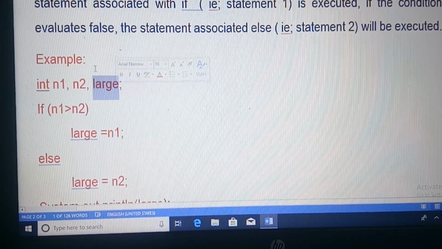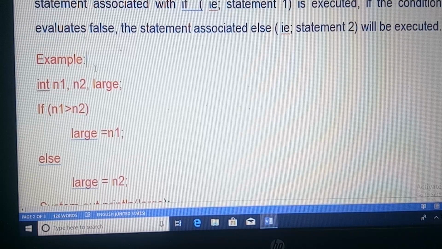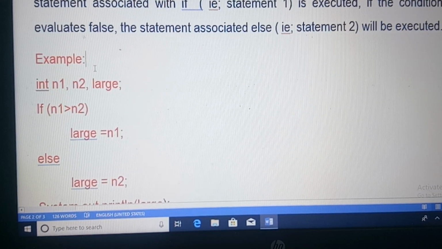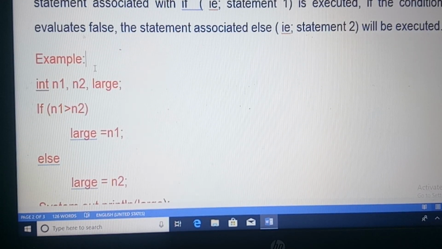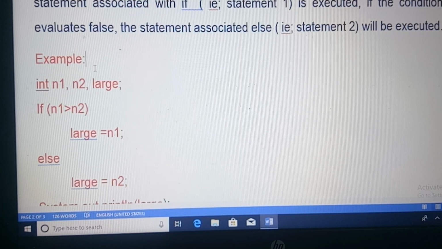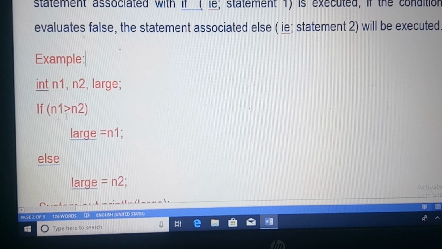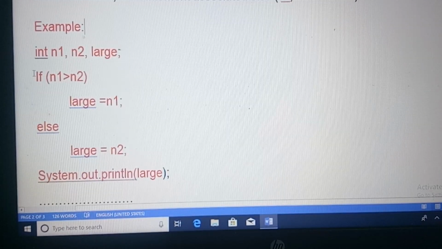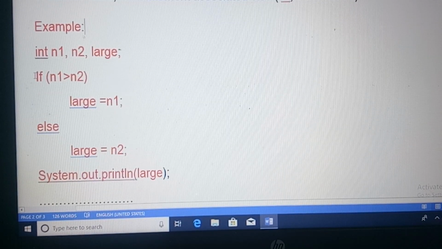Here we write code for storing any two numbers and displaying the larger number. We don't write the complete code, we write only the code that uses the if else statement.